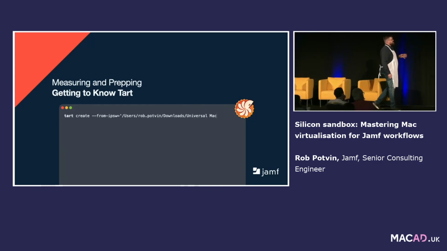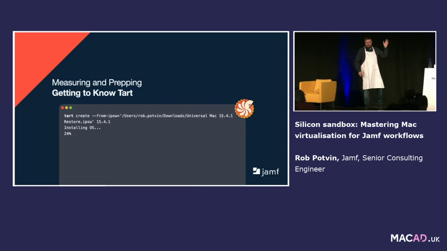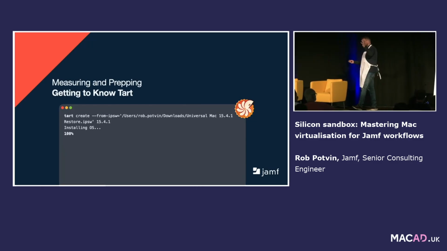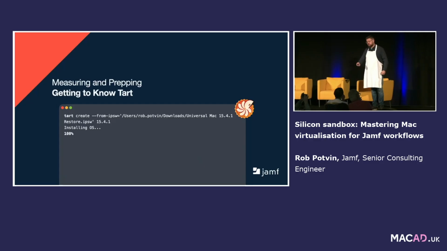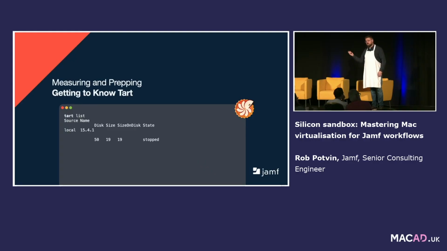So this is Tart. Open up Terminal, create from IPSW, boom. Ten, fifteen minutes, again using the same framework, we have a complete and finished virtual machine. I don't want to touch that one. I want to clone it. So tart list to see what I have. That's what I have. Let's clone it. I'm going to do a tart clone. That's, boom, done. Tart list, two VMs.